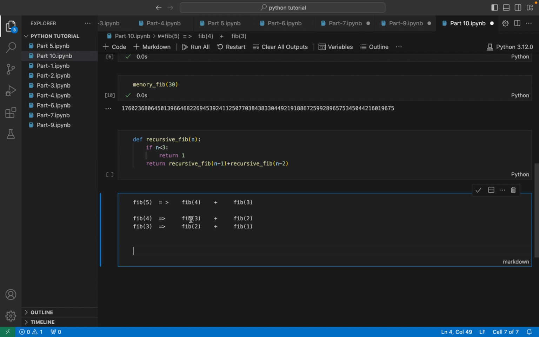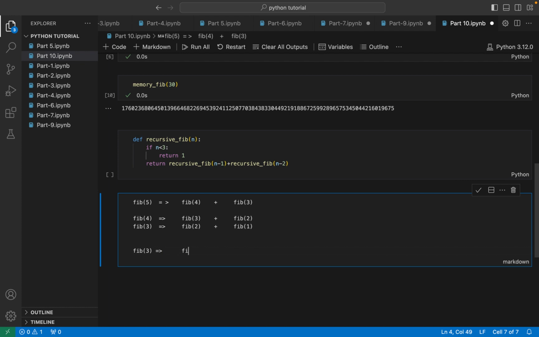We need to figure out the Fibonacci 3 over here. So if you're keeping track, I'm kind of trying to space it nicely. I wanted Fib 5, which means I needed to know Fib 4 and Fib 3. I don't know Fib 4 or Fib 3, so in order to find Fib 4, I need 3 and 2. In order to find this 3, I need 2 and 1. Last but not least, in order to find that 3,